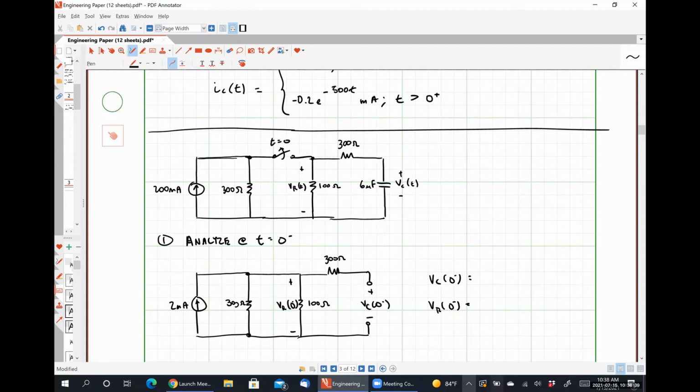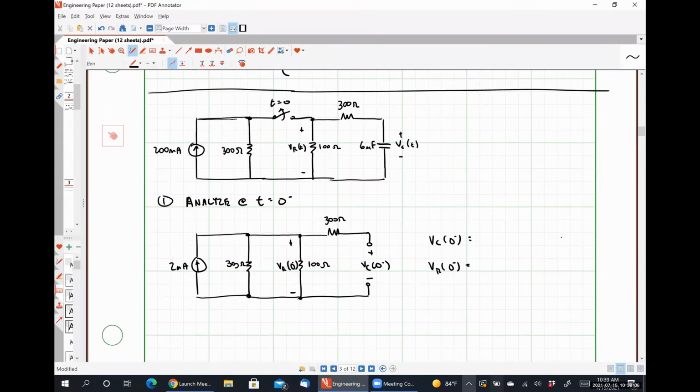So you are suggesting that I convert that 2 milliamp source that is in parallel with the 300 ohm resistor into a voltage source in series with a 300 milliohm resistor. Is that correct? I don't think it's going to work. Oh no, it'll absolutely work. It will? Okay. Yeah, let's do that. That's not the way that I would do it, but we can absolutely do it that way. So